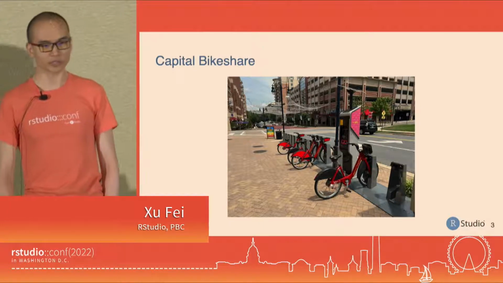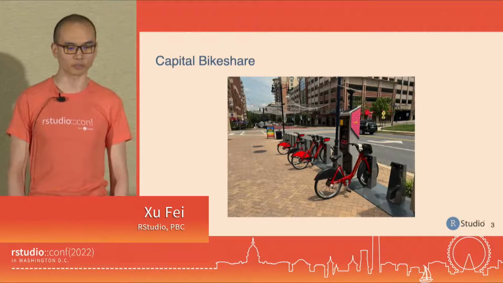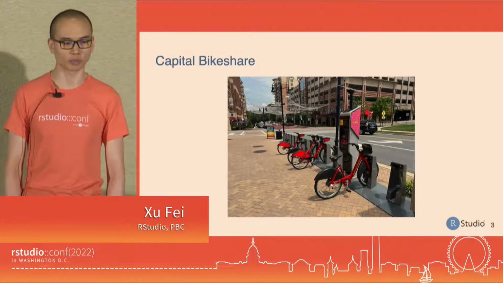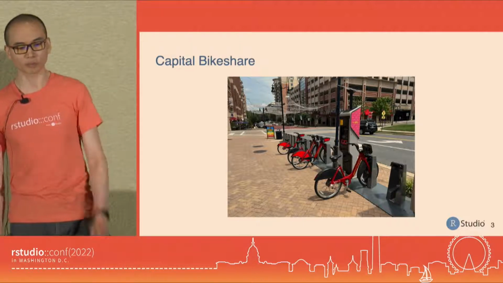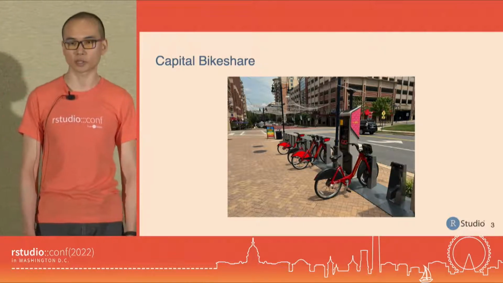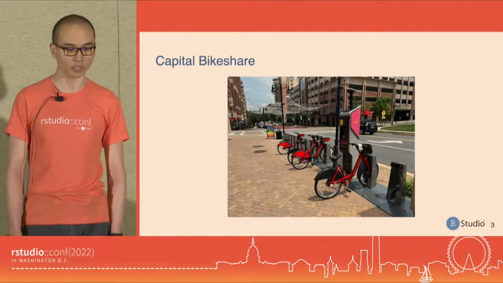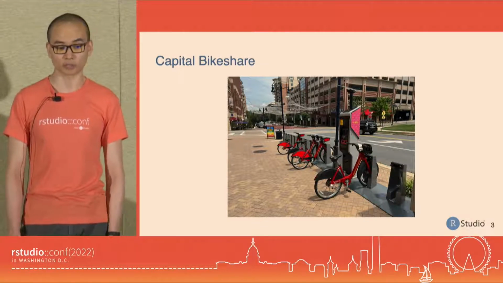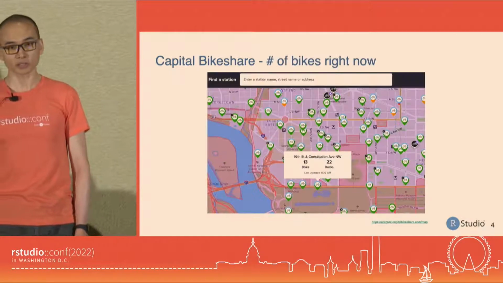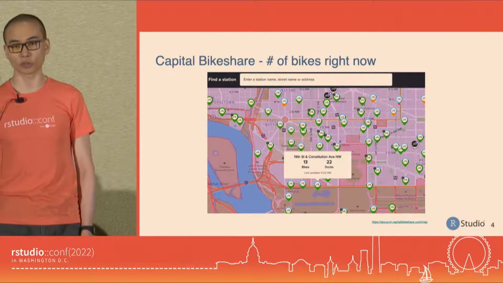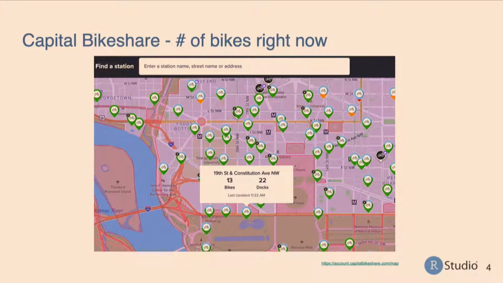We're in the DC area right now, and there is an active Bikeshare program outside called Capital Bikeshare. We went out and took the picture yesterday, and this is the station right outside of the hotel. As you can see, there are bikes docked into the bike station. When you go to the company's website, you will see a map that shows you all the bike stations. When you click on one of the stations, it will show you how many bikes are available right now